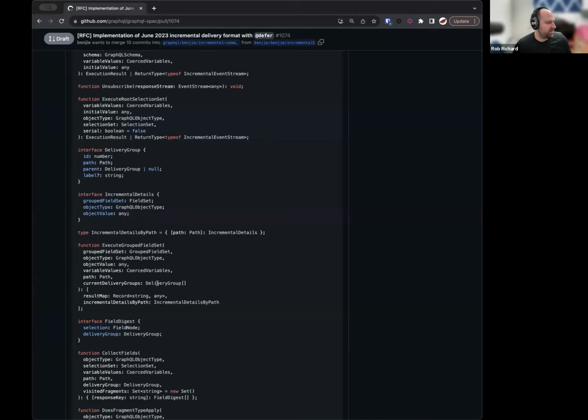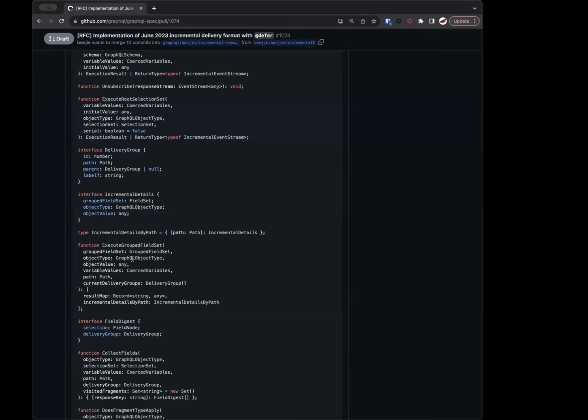I'm just looking through at the types right now. Oh, right. So it would be from the execute root selection set that would call incremental event stream. Execute group field set, that's called at every level, right? And that's where now you're returning not just the result map, but the result map and the incremental details, and then the incremental details is what gets assembled into the event stream.